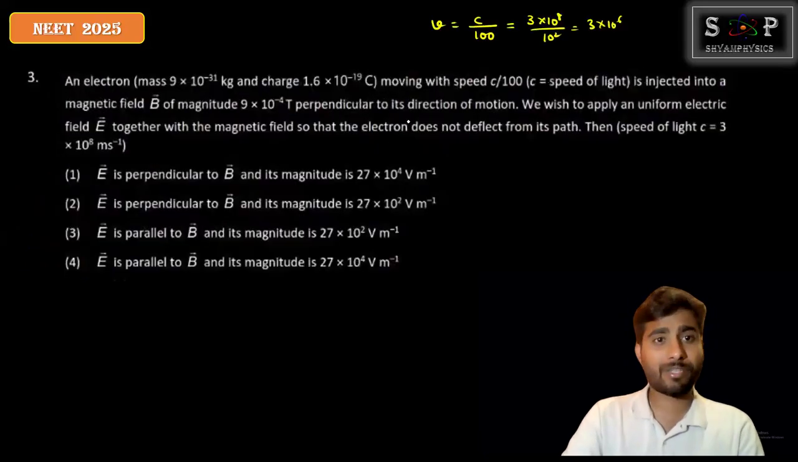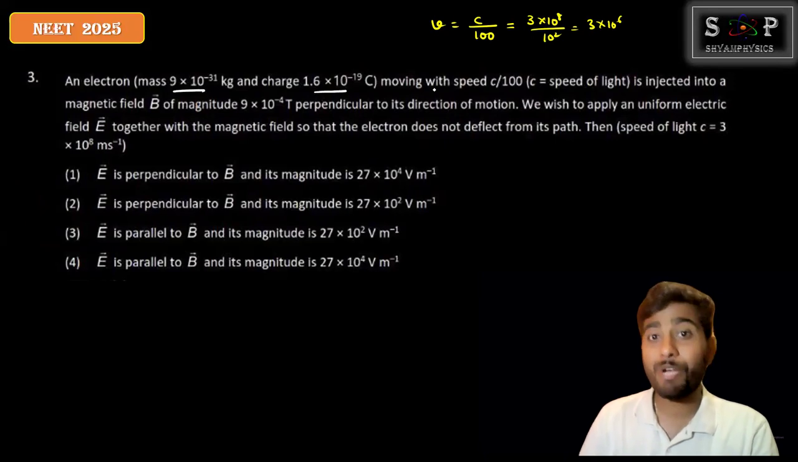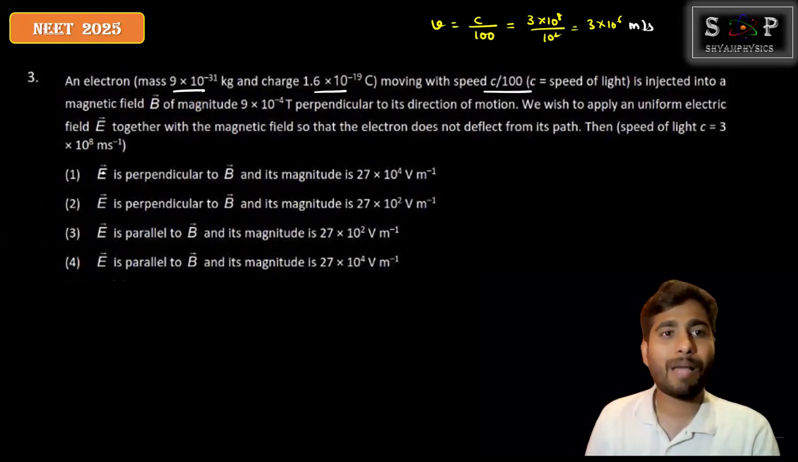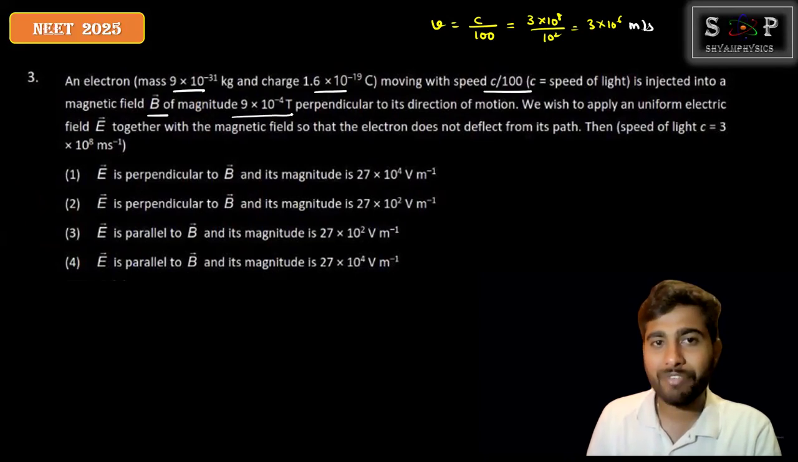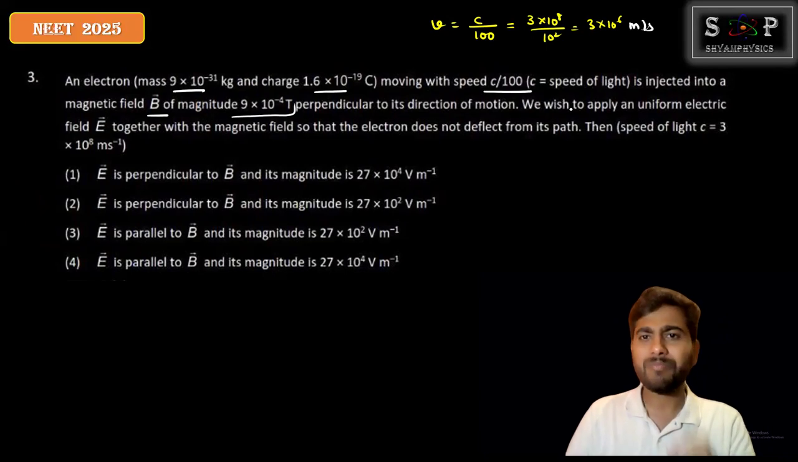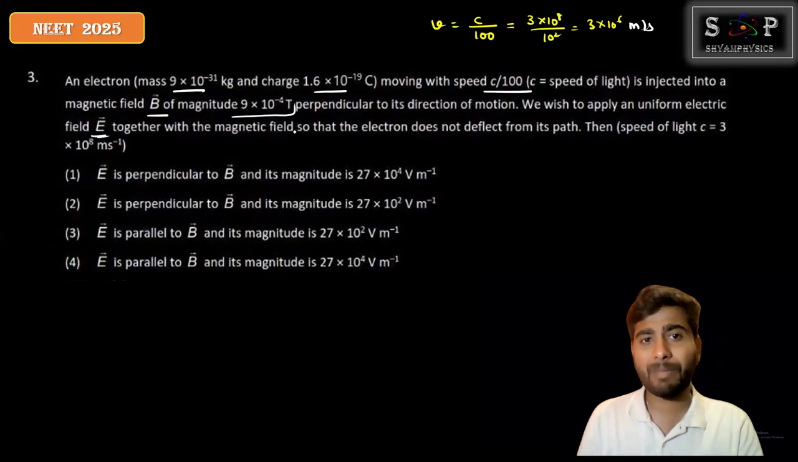Right. Next question. An electron of given mass and charge is moving with the given speed, c by 100, which is nothing but 3 into 10 to the power 6 meter per second. It is injected into a magnetic field of the given value, perpendicular to the direction of motion. We wish to apply a uniform electric field E together with the magnetic field so that the electron does not deflect from